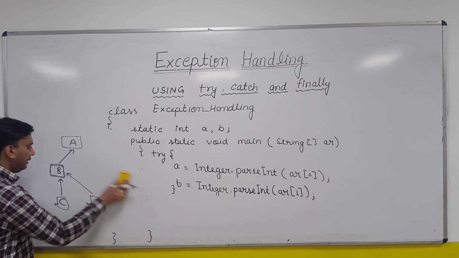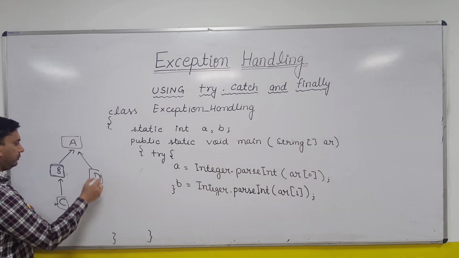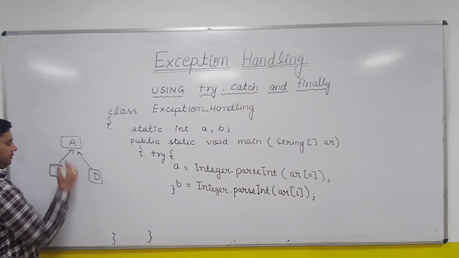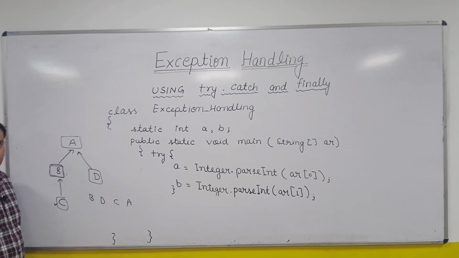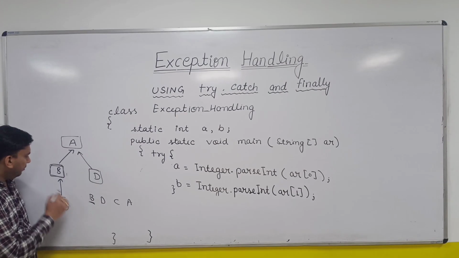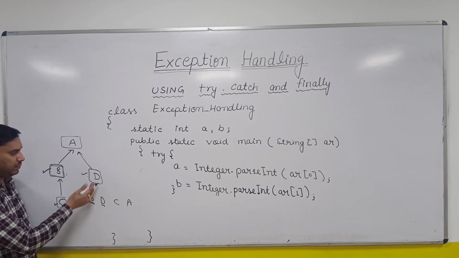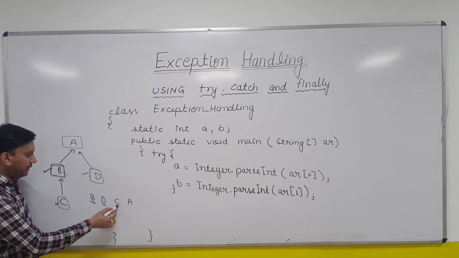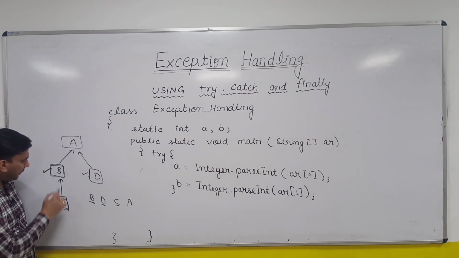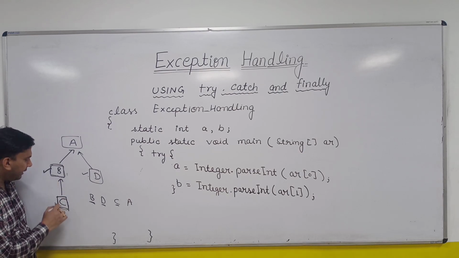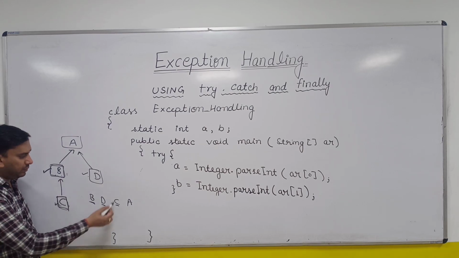In the same way, suppose you have this kind of relationship. Can we write something like this: B, D, C, A? If you see, B is written on the top. Then you are writing D. D can also be written because there is no child-parent relationship. Then I am writing C type. C is the child, but the parent is already written on the top. The child cannot be written after the parent, meaning the C type of catch block cannot be written after the B type. So this is not allowed.